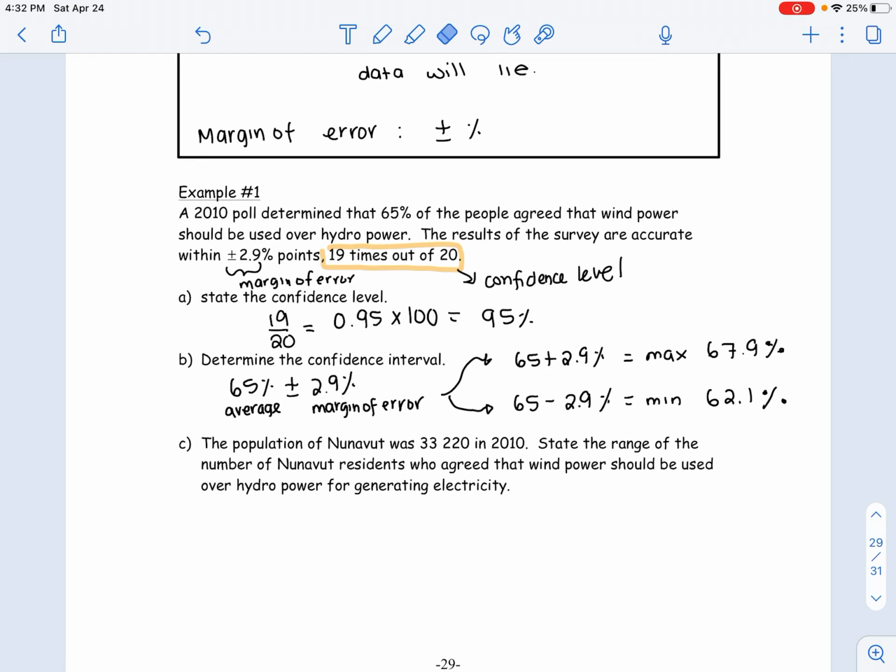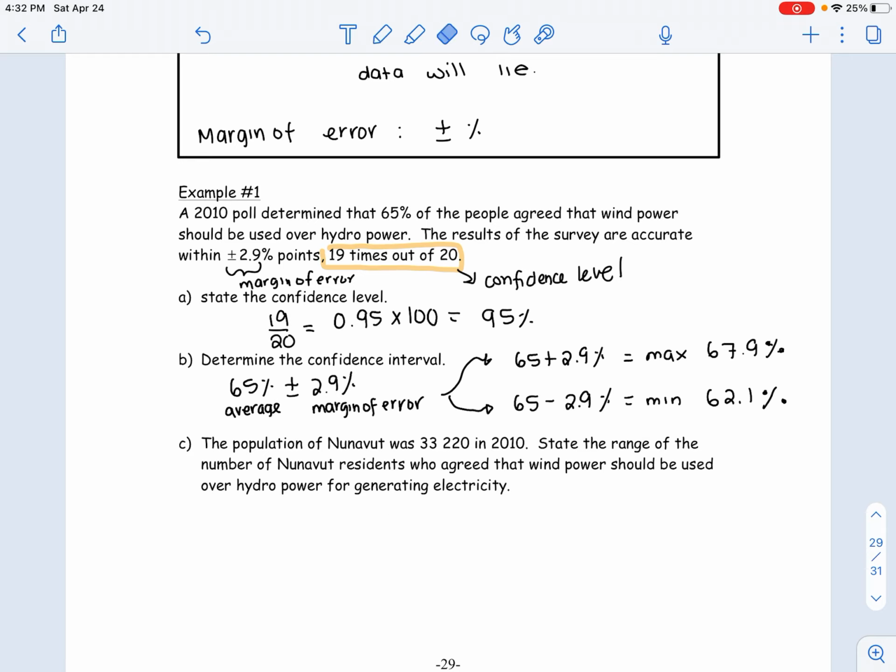more practice. Question number 2. An advertisement for a body lotion claims that 80% of its users reported smoother and softer skin after 2 weeks. So that's kind of like the average, right? We will use that. The result of the survey was accurate within 3.5%. That's the margin of error. Within means like saying plus minus. That's another way of saying plus minus. So within 3.5%, so margin of error.